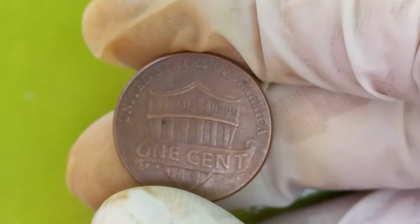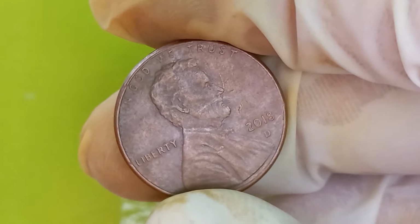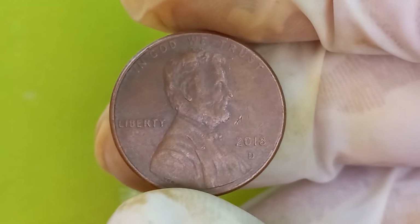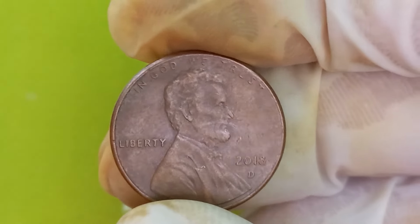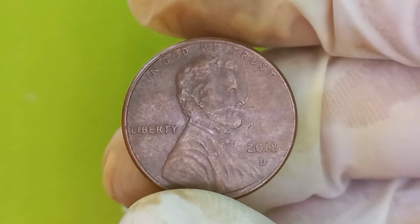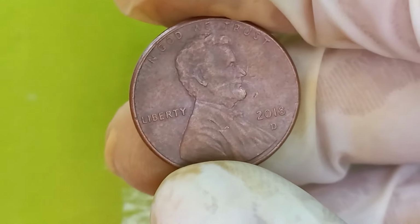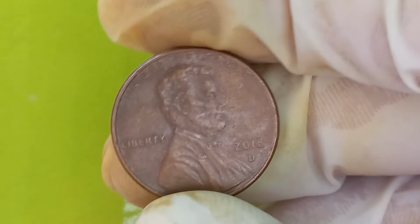Additionally, be on the lookout for any irregularities in the coin's surface, as these can also indicate a minting error. If you're lucky enough to come across one of these rare 2018 D Lincoln pennies, the next step is to have it authenticated and graded by a professional coin grading service. This will not only confirm the coin's authenticity but also provide you with a grade that can help determine its